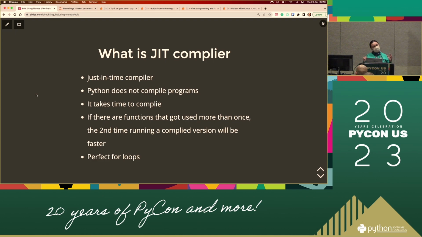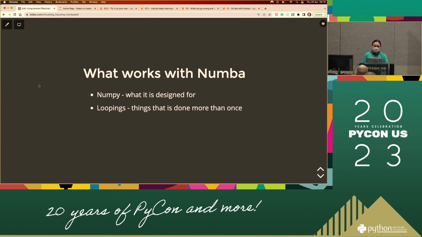And that also explains why a lot of times, people just use a JIT compiler and it may not speed up your code, but if you have a loop where you do the same thing again and again and again, then that would actually help you. So be smart, don't use the JIT compiler for things that are not looping, because then that may actually be slower.